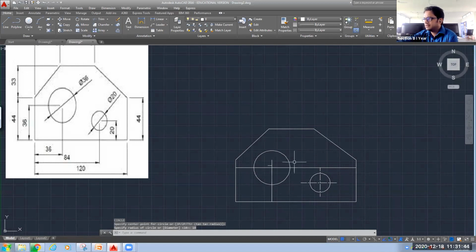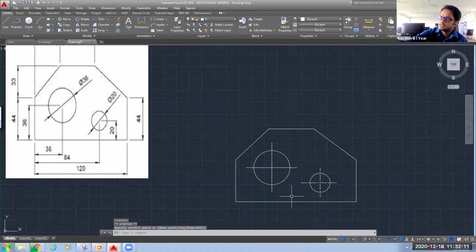I want that center line. So this I need to stretch somewhat over here, and from this side I will shorten it. Okay, so for this, you can see what I'm doing. I'm selecting the line, just clicking on one of its endpoints, and wherever I want the second point, I'm clicking over there. I want the other line to be at this location. So these are two cross lines, thick continuous lines.